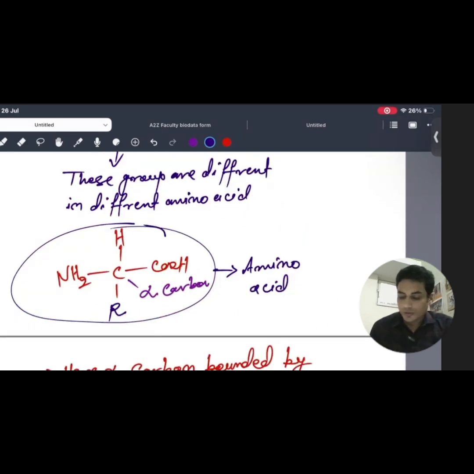The acidic group has a tendency to donate hydrogen, and the amino group has a tendency to accept hydrogen. So this molecule has both types of charges: the acidic group donates hydrogen and becomes negatively charged, COO minus, and the NH2 accepts hydrogen and becomes positively charged, NH3 plus. The molecule has two charges, plus and minus, and the net charge is zero. This type of molecule is known as the zwitterion.